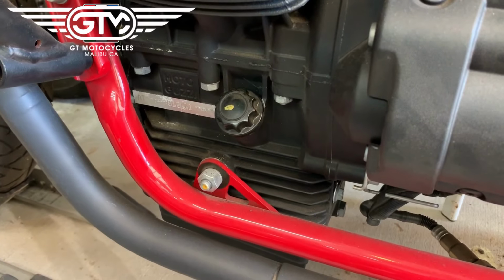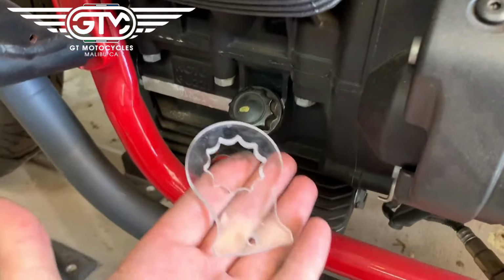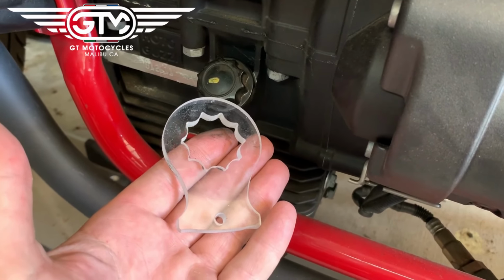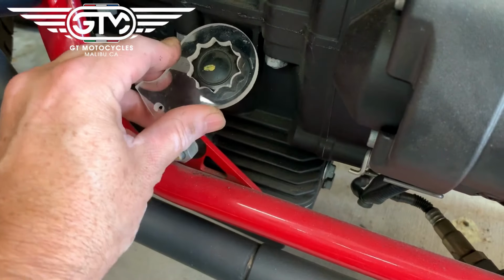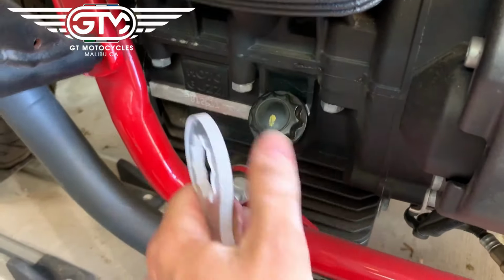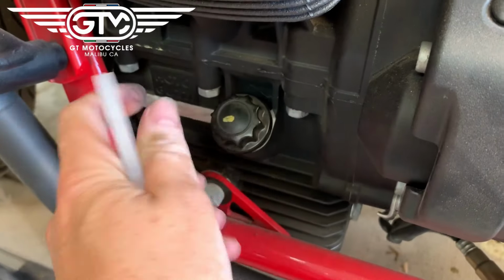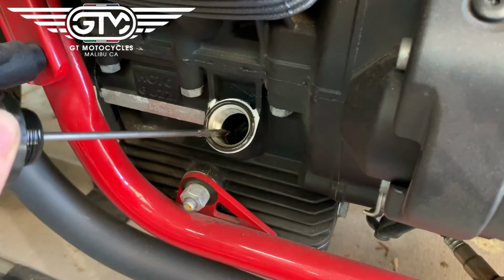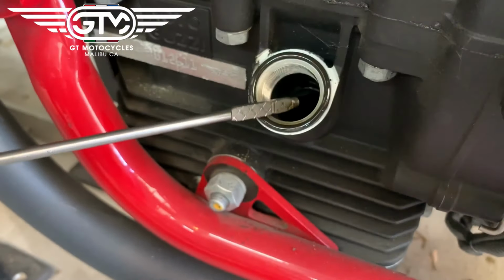Okay, and the final step is checking your oil level on your V7 III, using one of our oil tools that we have on our site. If you don't have one, we recommend a wrench. Do not do finger tight on this or it will come out and spray oil all over yourself. So anyway, nice loosen and remove. And what we recommend is threading it all the way in,